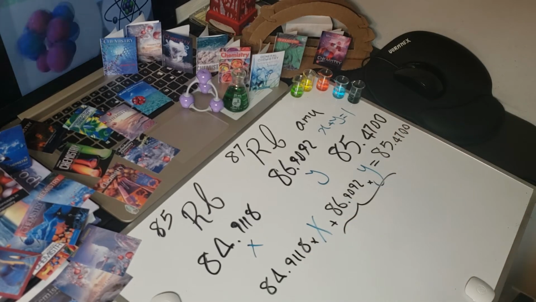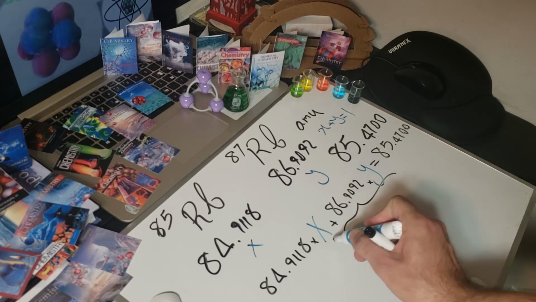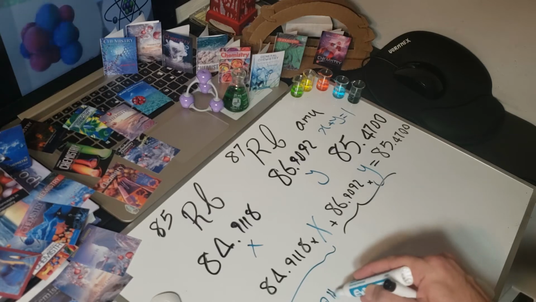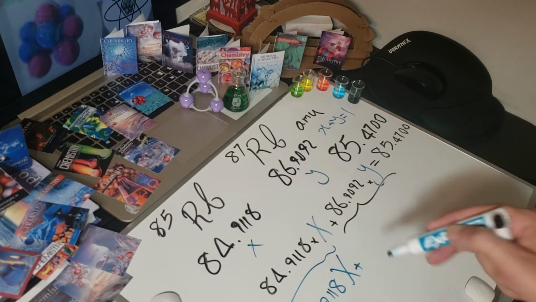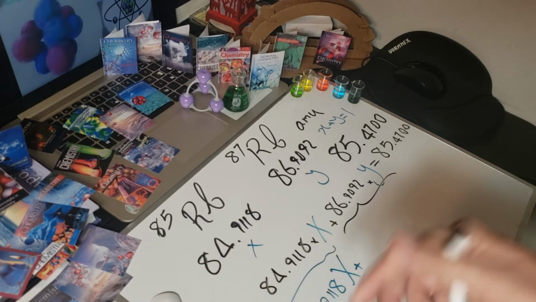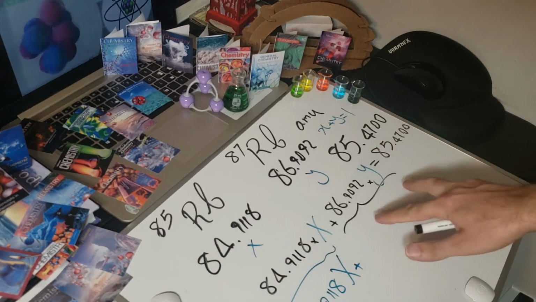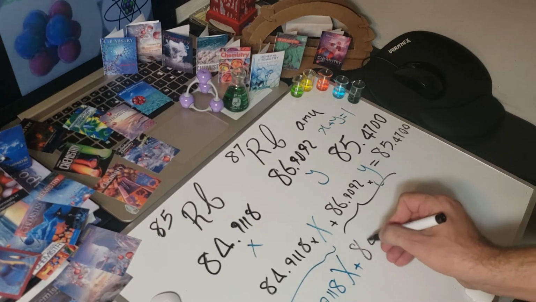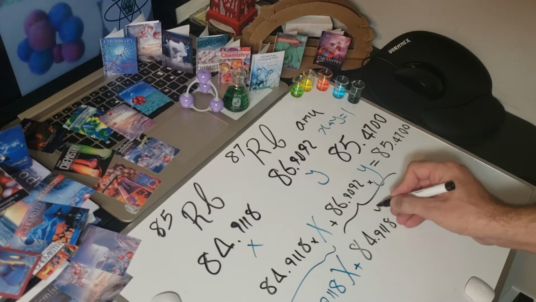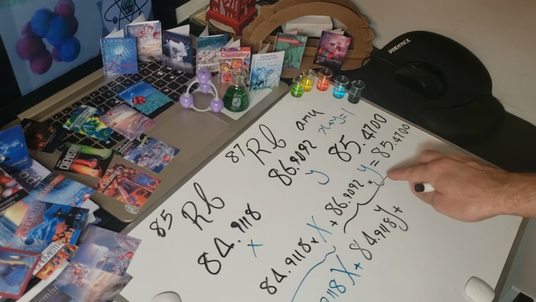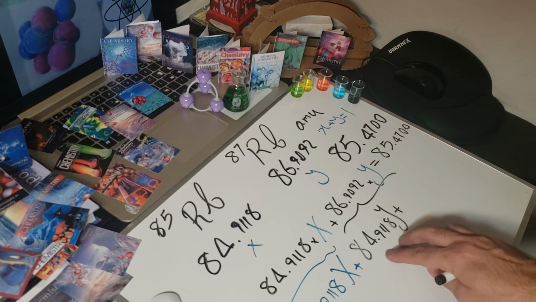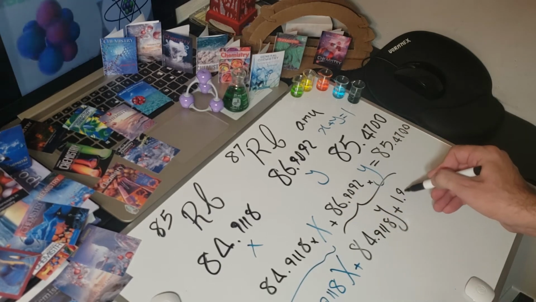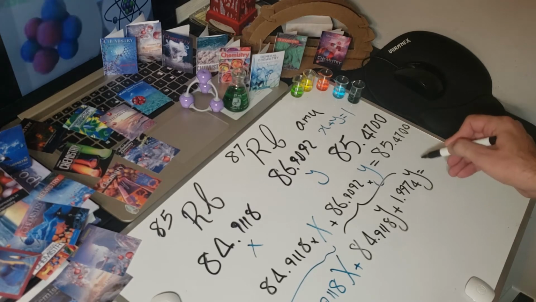So I just put down the same thing for y: 84.9118x plus, for this one, I split it into two components, 84.9118y plus the remaining to get that 86.9092, so that would be 1.9974y equals